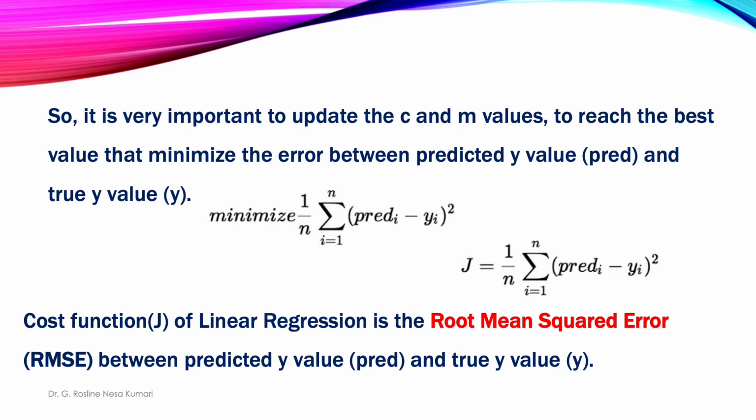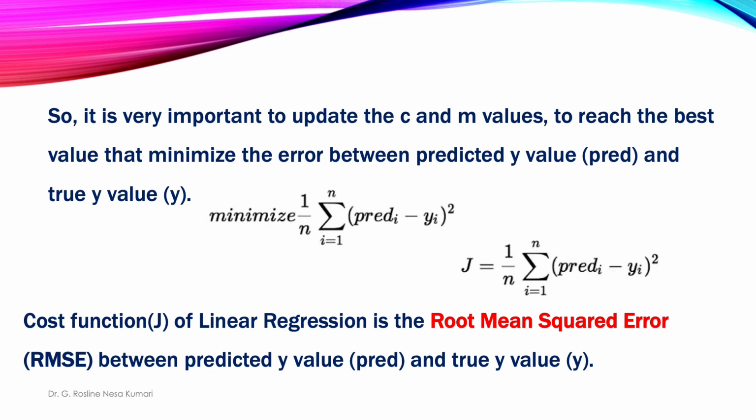that is going to minimize the error between the predicted y value. The predicted y value, what they are representing means PRED. Maybe we can take any variables, for example we can take z also here. Here I assumed PRED, and the true or original value which we got, we are assigning as y.